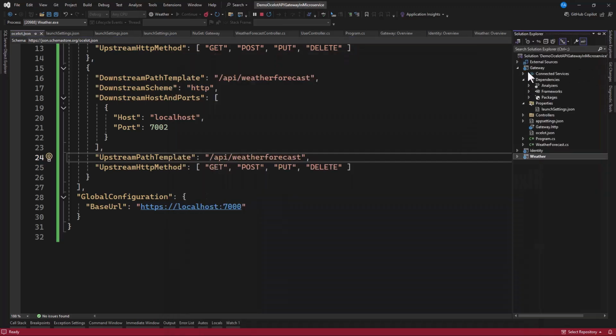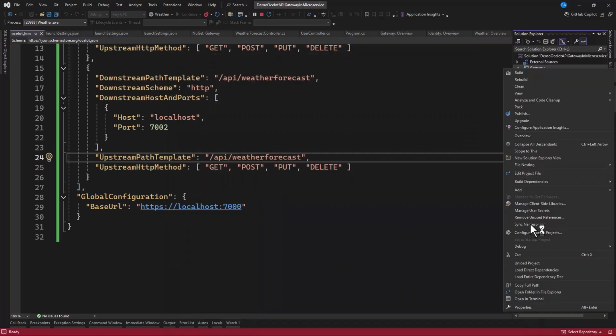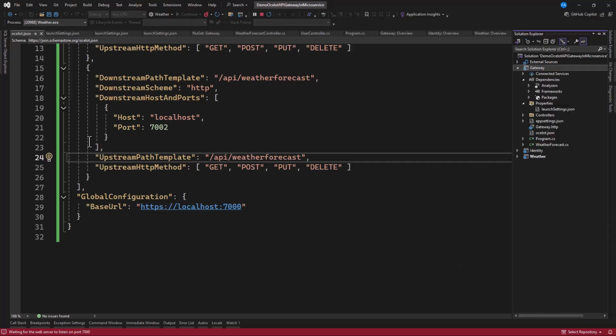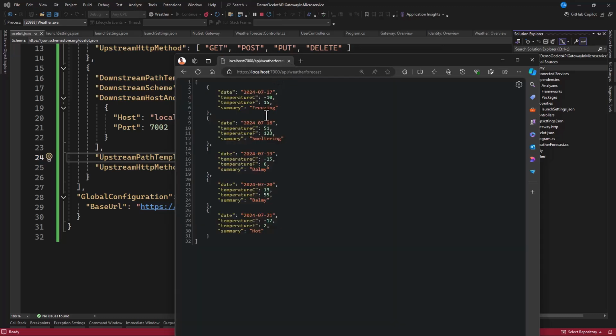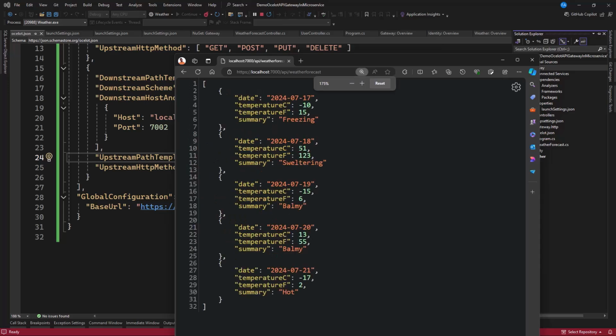Let's go to the gateway. Alright, so now let's try to access it, and I believe you still remember the address, right? So the endpoint is /api. Then we're going to have our weather forecast. Now let's try and see whether we're going to have it. And great, we have it. Can you see it? Good.